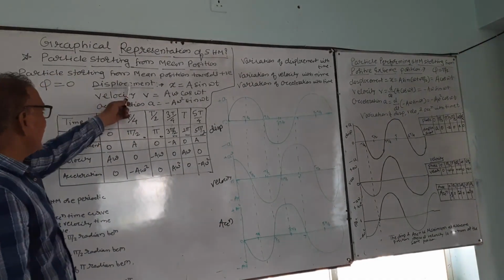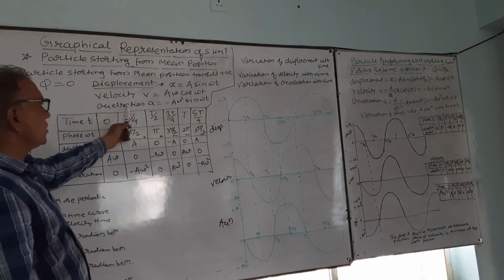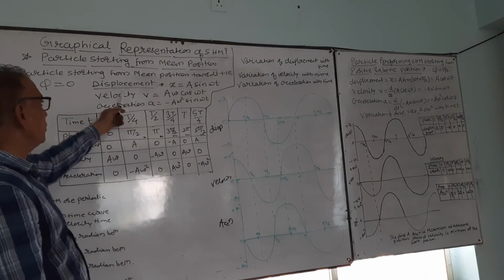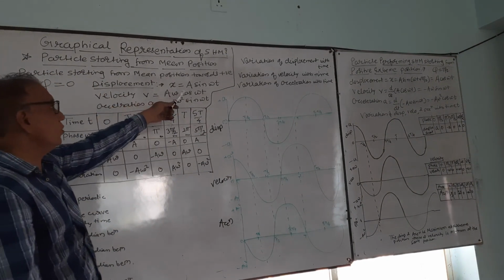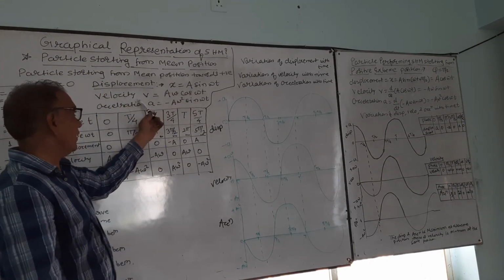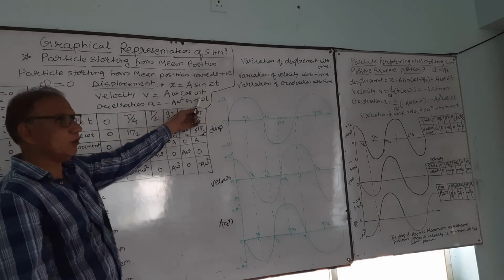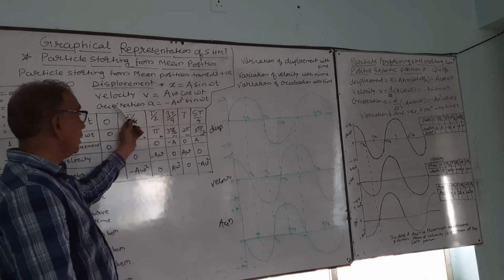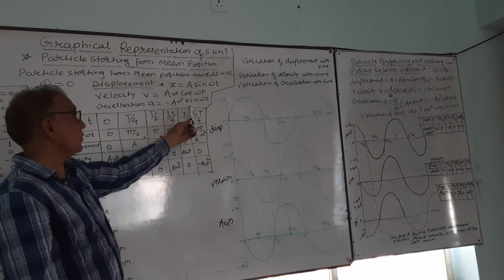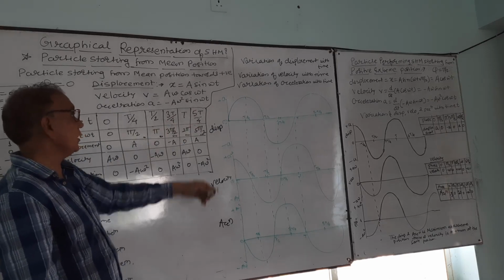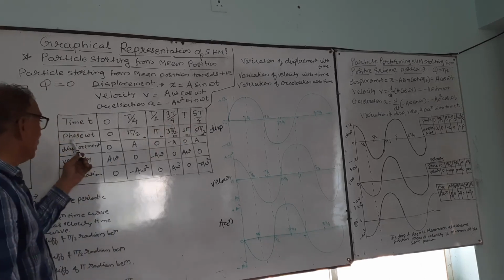First we will find these three equations for mean position and for extreme position. Mean position, basic equation: x is equal to a sin of omega t. Find its differentiation, a omega cos of omega t. This is the equation for velocity. Acceleration is equal to minus a omega square sin of omega t. Then substitute the phase omega t.